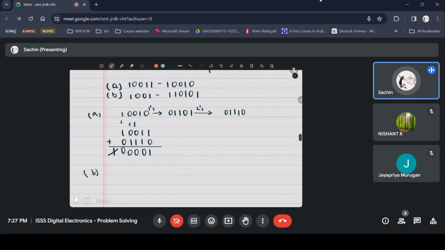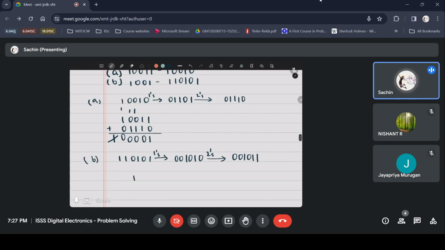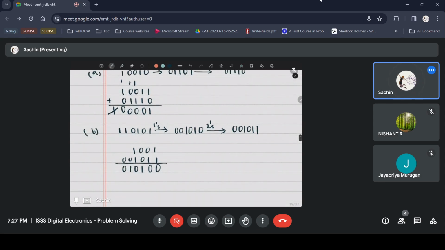Suppose we are subtracting a larger number, 1101. The 1's complement is 001010. 2's complement is 001011, and you add that to 1001. 1 plus 1 is 0 with the 1 carried over. 1 plus 1 is 0 with 1 carried over. It will be 010100,